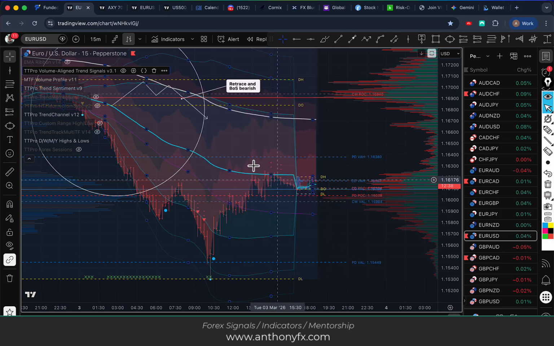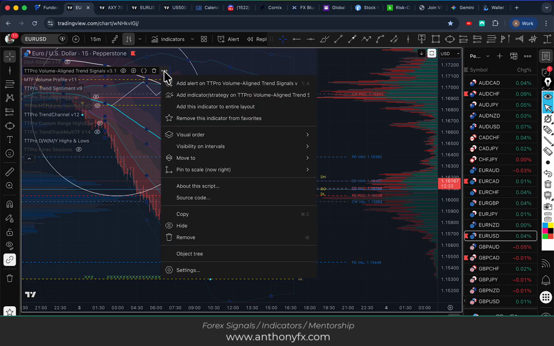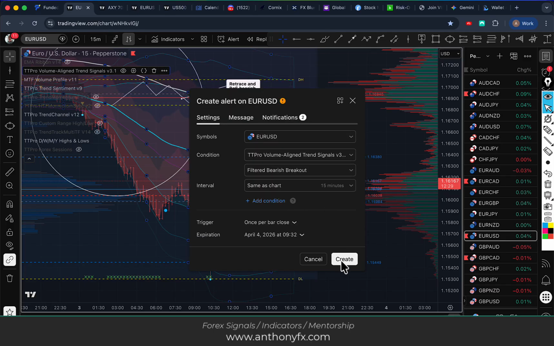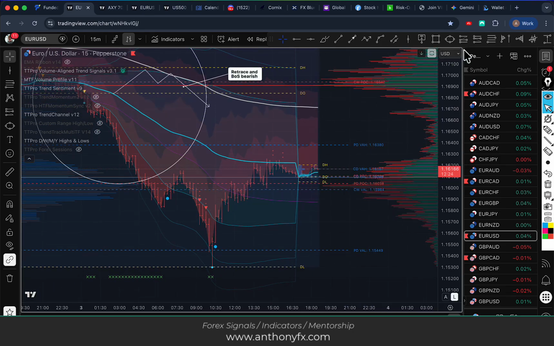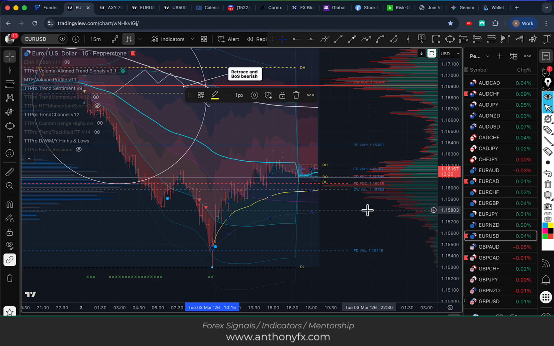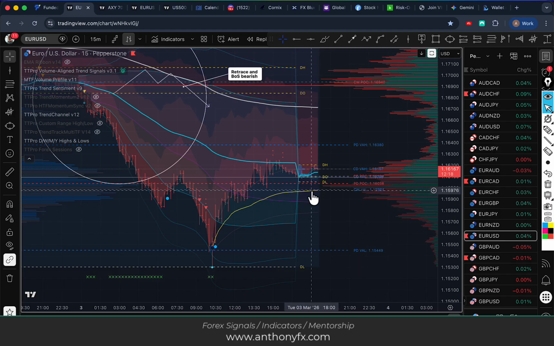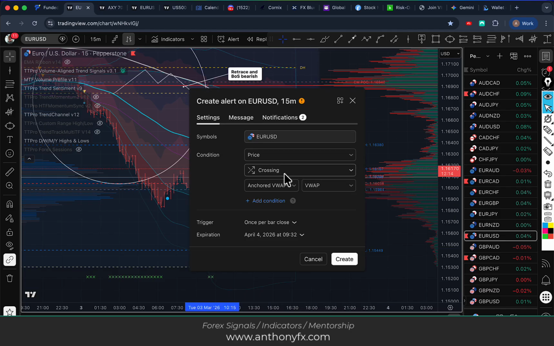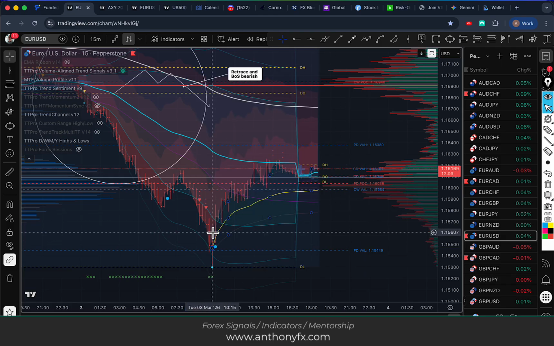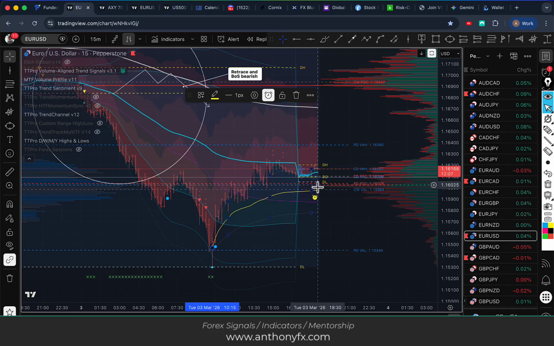Bearish breakout, done. So it's just trend sentiment, volume aligned trend signals, bearish breakout. And just keep an eye on the previous low with an anchored VWAP. It's got to break through that as well. So whenever these signals go off, crossing down, come in and just make sure that it's